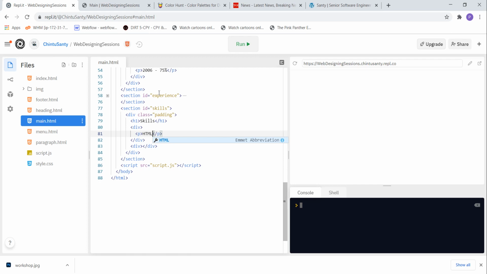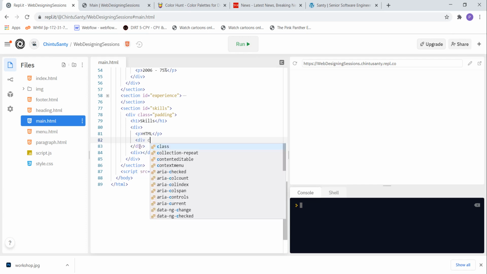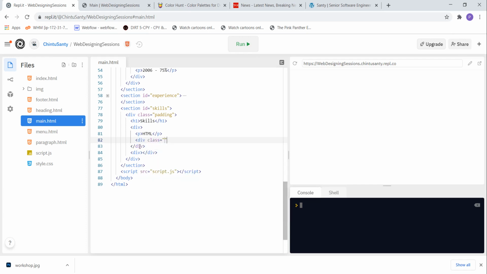So this is your skill. Below this I'll create one div and call it as border,